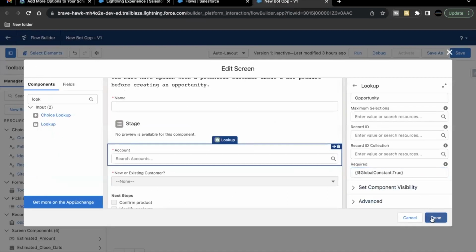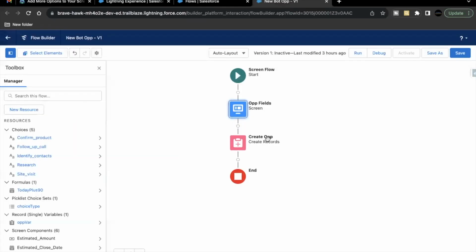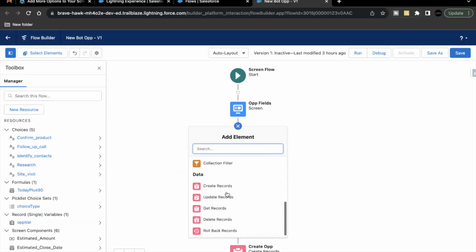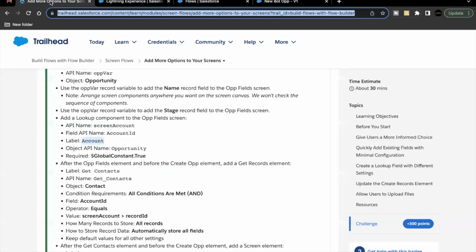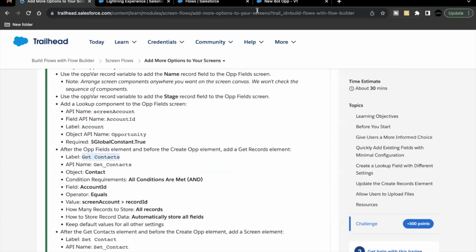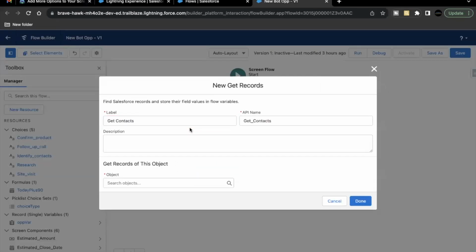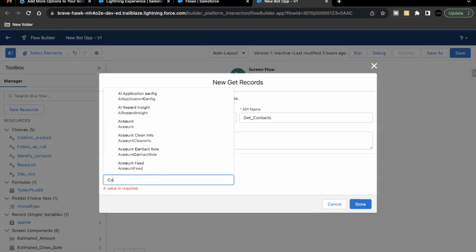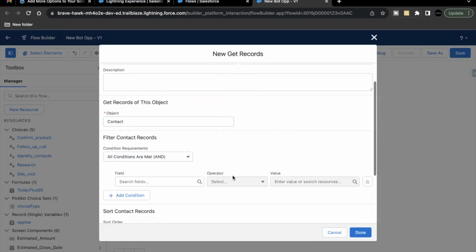Let's just click on done over here. Now before our create record element, we are going to add one get records element. I'll copy the name of the get record element from here, which is get contacts. Object of which we are going to get the records will be contact. And the filter that we are going to use to fetch the records for our get record element is where account ID is equal to